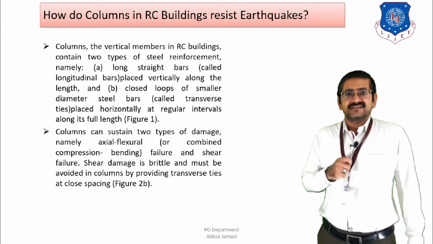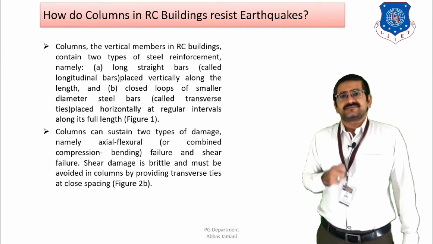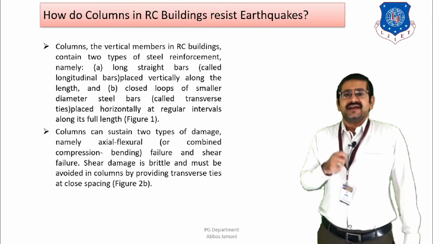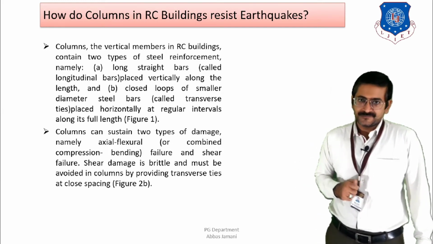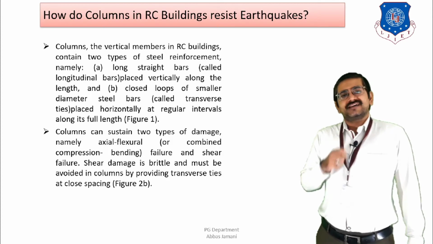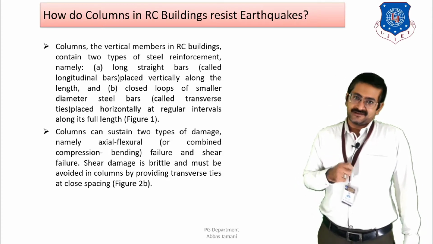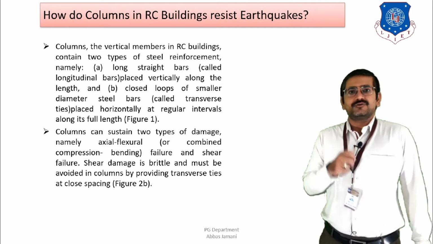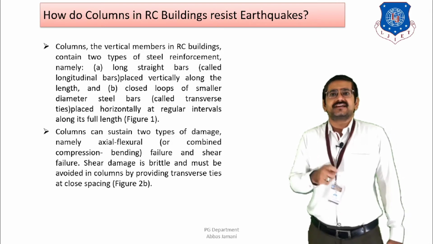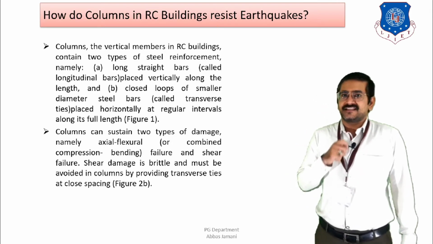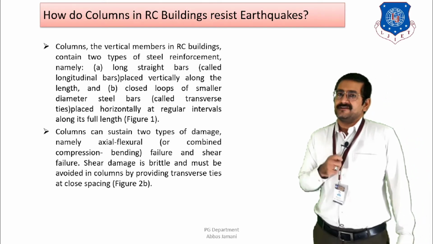Now the vertical bar is going to go throughout, and the transverse reinforcement, that is the closed stirrups, are going to be provided at certain intervals along the height of the column as per the provisions of IS 13920. But before understanding the detailing, we also need to understand the behavior or the failure pattern. Just like in case of beams, where we saw two types of failure, first flexural failure, second shear failure, similarly in case of columns we first understand the pattern of failure, and then based on it we'll be able to detail our element in a better manner.